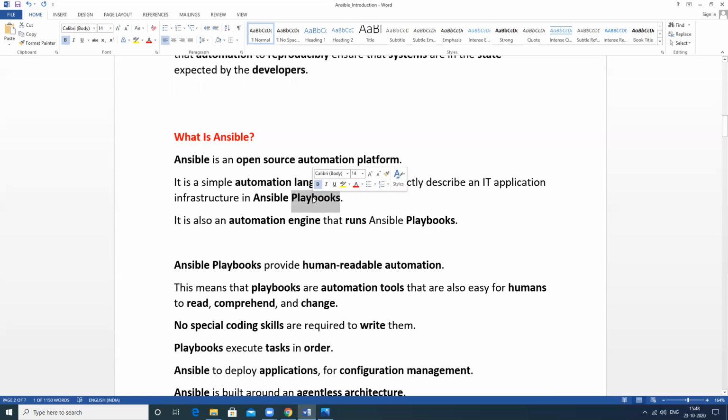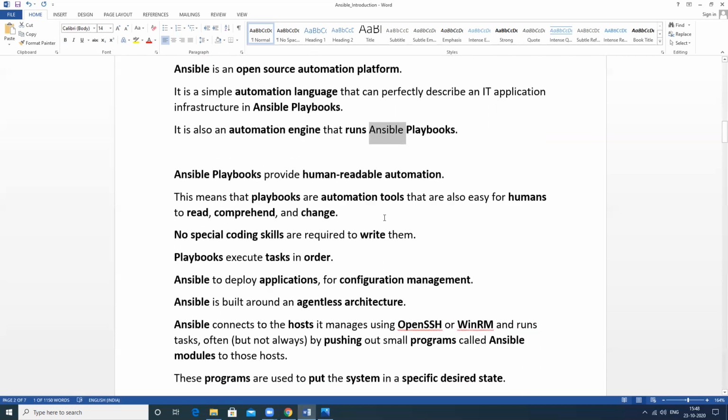A playbook is like a script, and it is performed by the Ansible engine. When we run a playbook, it is run by the Ansible engine. We need to install the Ansible package in our system so we can run playbooks. Playbooks are in a human readable format.